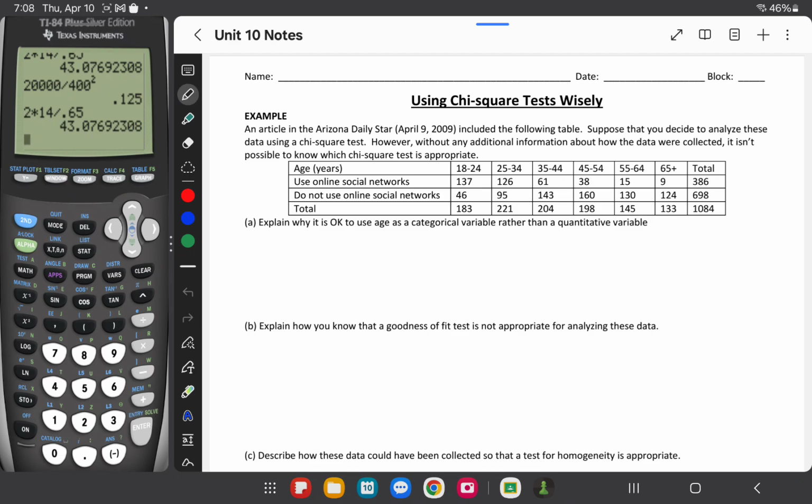So for part A, explain first why it is okay to use age as a categorical variable rather than a quantitative variable. Because remember, one of the key differences between the two was that for quantitative variables, it had to make sense to find an average. Well, would it make sense to find an average age? And the answer is yes. So could age be quantitative? Absolutely. But one of the things that we have to keep in mind about age is that age is a